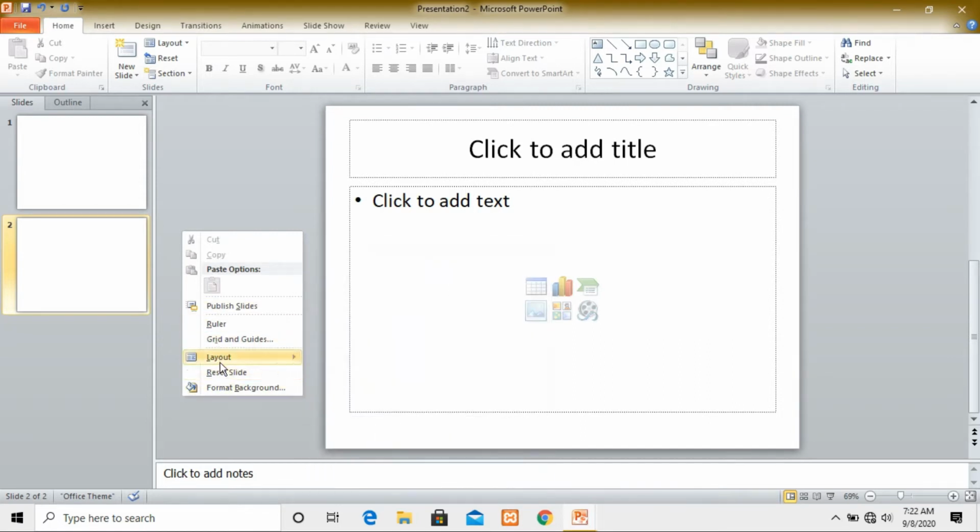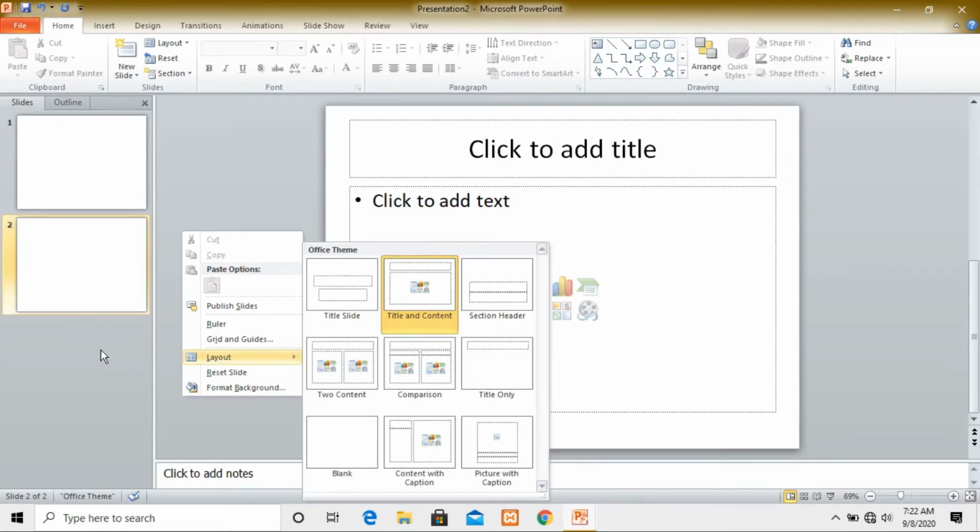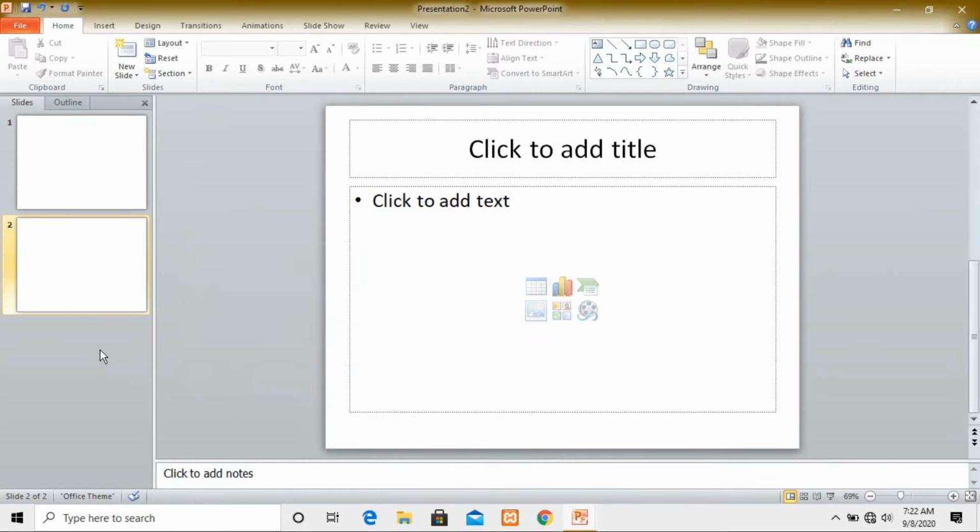You can also change the layout. Even if you want to add a new slide, you just right click on it and there is an option of New Slide. So you can insert a new slide from here also.